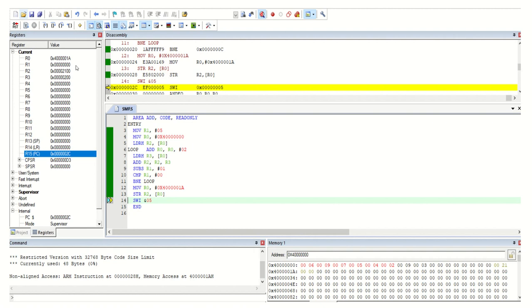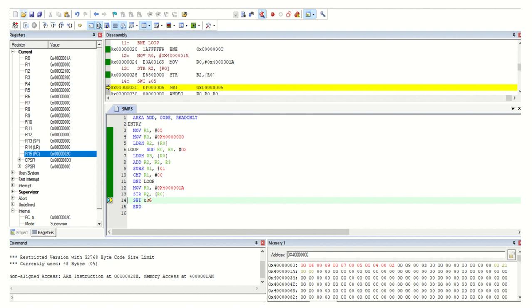Immediately you have to decrease the array size. Initially the array size is 5. We completed one operation, right? The pointer is moving on and incrementing, so you have to decrement the array size. You continue this adding operation: first number with second number, then that answer is added with the third number, that answer with the fourth, and that answer with the fifth. Like this we have to continue. Till when? Till the array size becomes 0. Here the array size is 5. When R1 becomes 0, your operation will end.